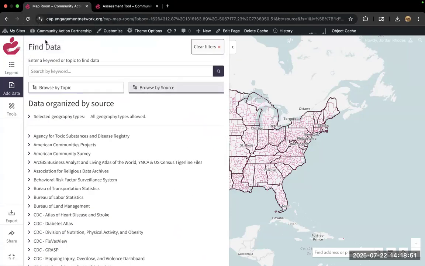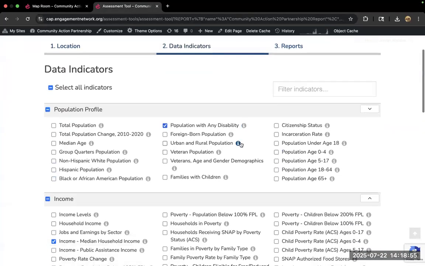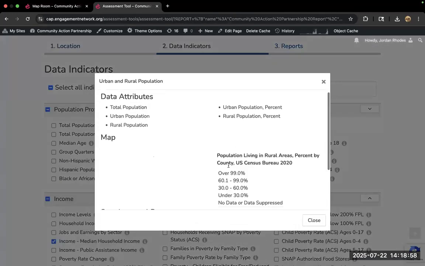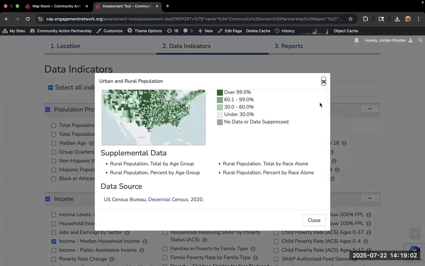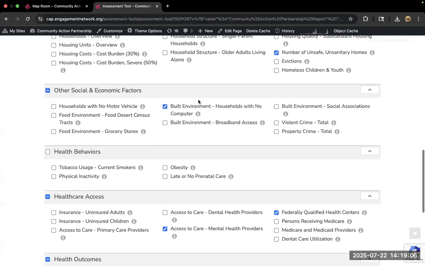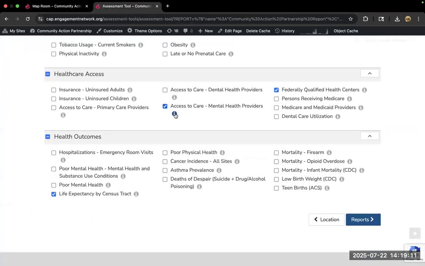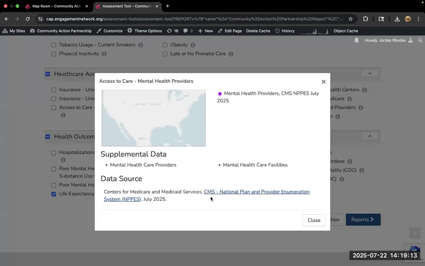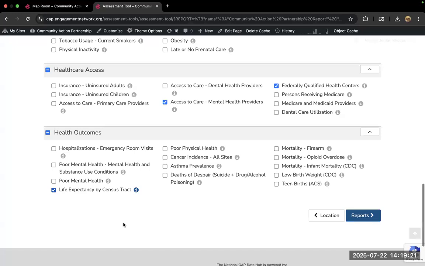So some of these sources, the data is not going to be in the reporting tool. But back in that report, so I'll hop over here. I had it open in another screen. Like I said, for any of these, we can click on that I button and see at the bottom where that data is coming from. So, some of these up here are going to be ACS or decennial census. But when we get down here to things like healthcare access, we're going to be seeing things like Center for Medicaid Services, the CDC's BRFSS survey, things of that nature.